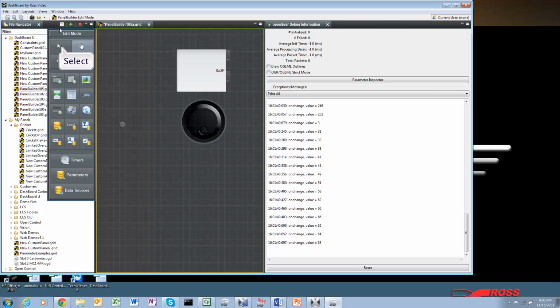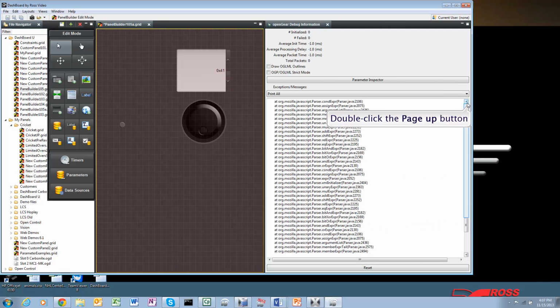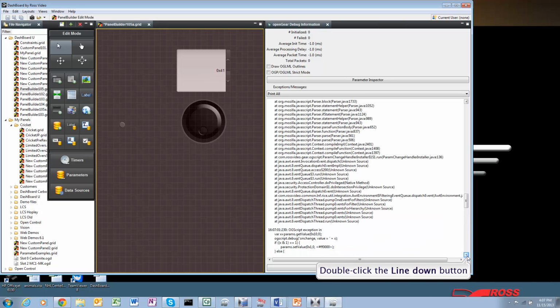Let's see if that worked. I'll go into my interactive mode, and no, it didn't. This is quite good. This is the sort of stuff you get out of the debugger if you made a simple mistake like I did there. So let's go back up the stack. Whoops. Let's see what I did wrong.